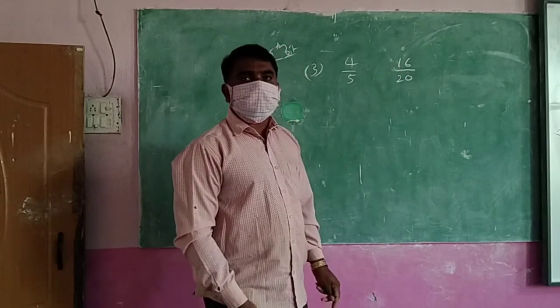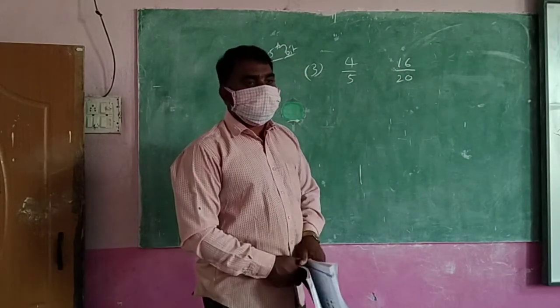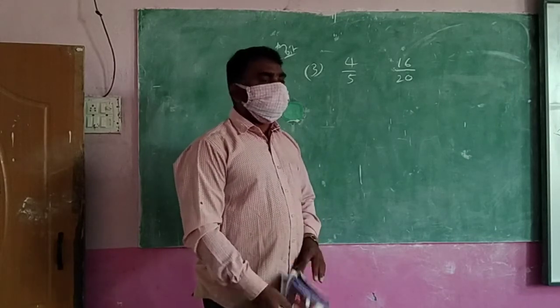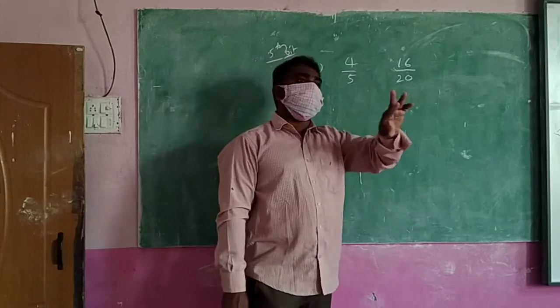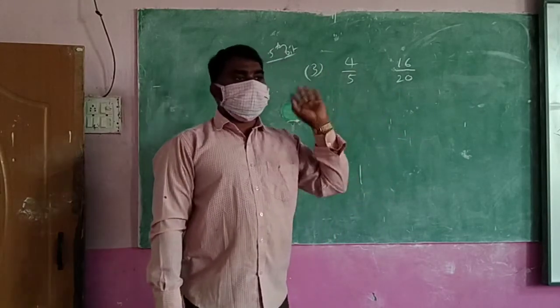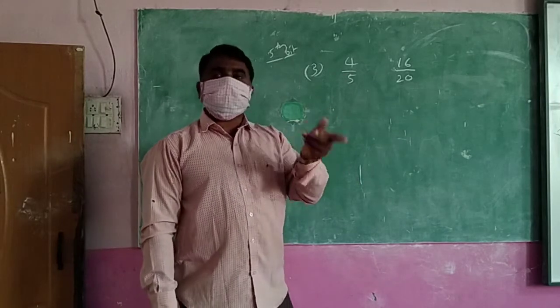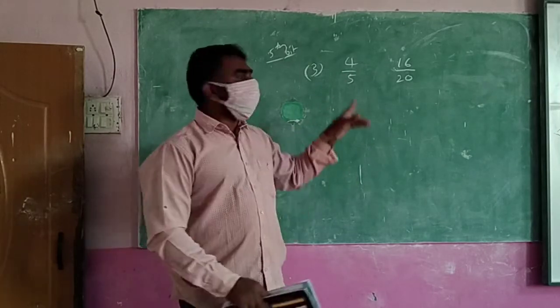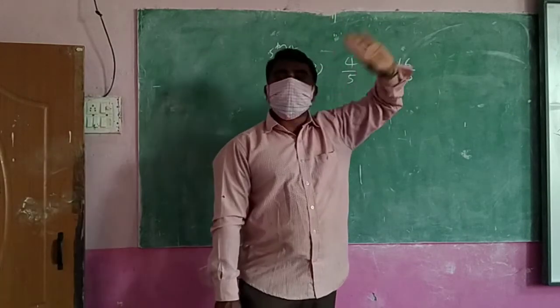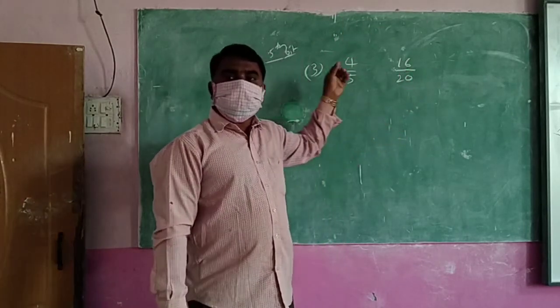You can change this fraction by dividing. Like that you check it: can you change it or not? After changing, finally you say whether both are the same or not. First, if you can't change, you can directly see. If you can change, then change. This one as it is, I can't change it, because I can change by multiplication but you do by division. Can you divide it by the same numbers?